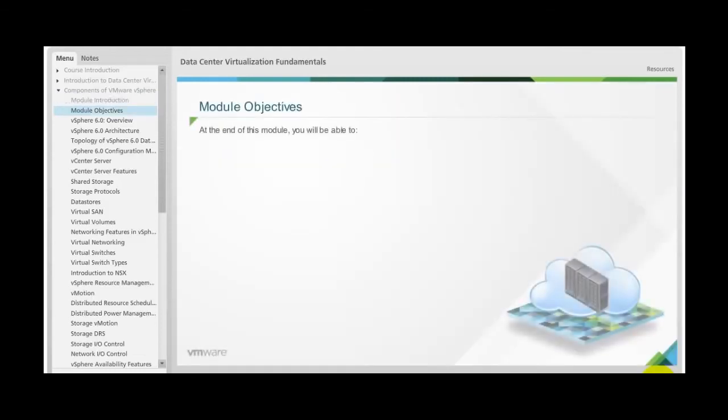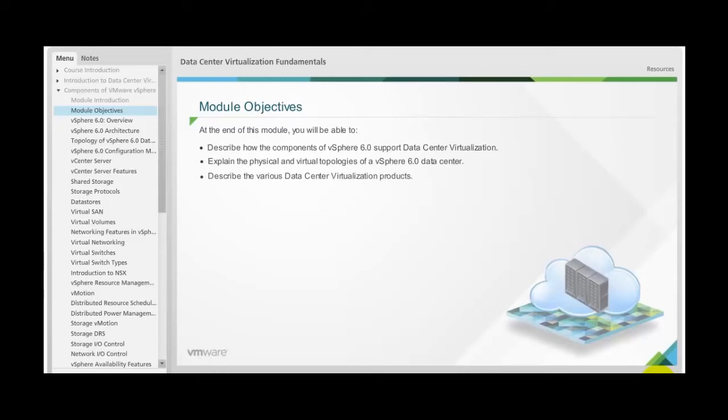At the end of this module, you will be able to describe how the components of vSphere 6.0 support data center virtualization, explain the physical and virtual topologies of a vSphere 6.0 data center, describe the various data center virtualization products,